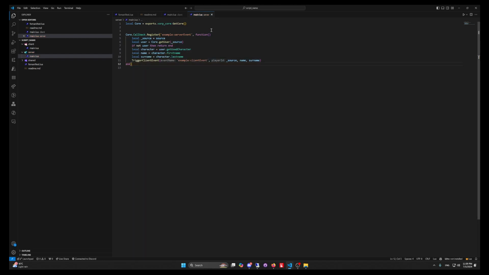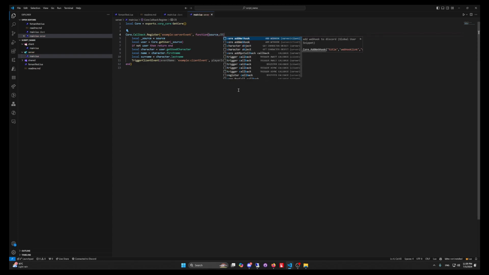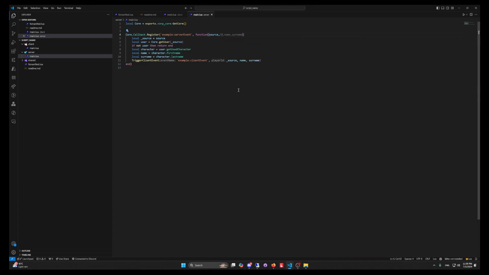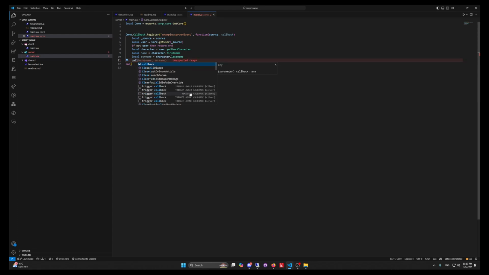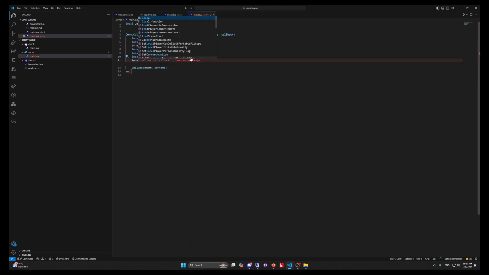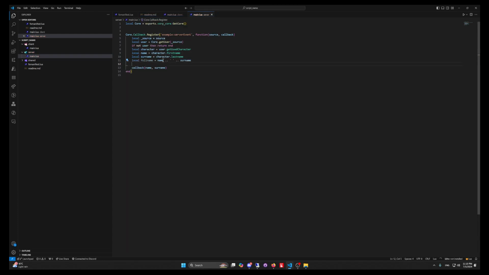We need this one here. And now we need to specify the source, the callback, and any arguments that you send, which we did not send any. So we don't need it. We would delete this one, and we would do callback, and we would send, say here, local full name. You see, Copilot already knows what I want. It would do full name,